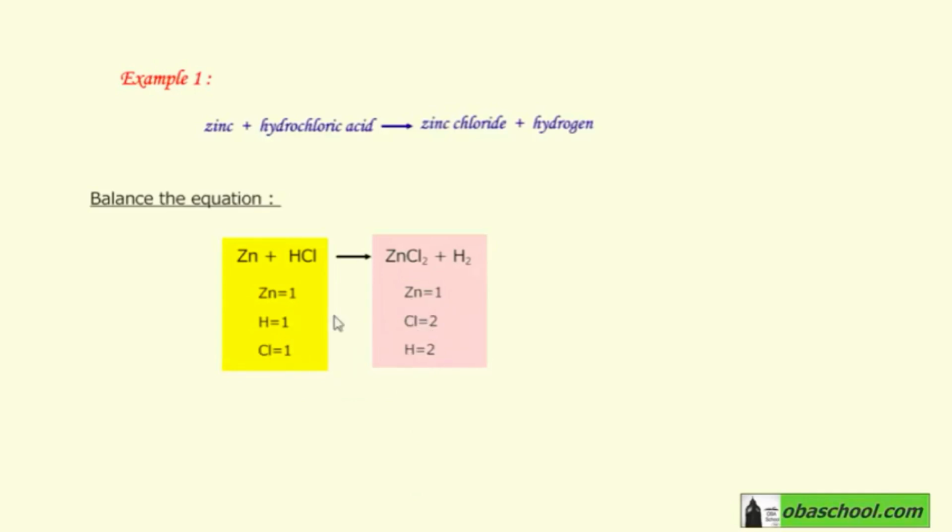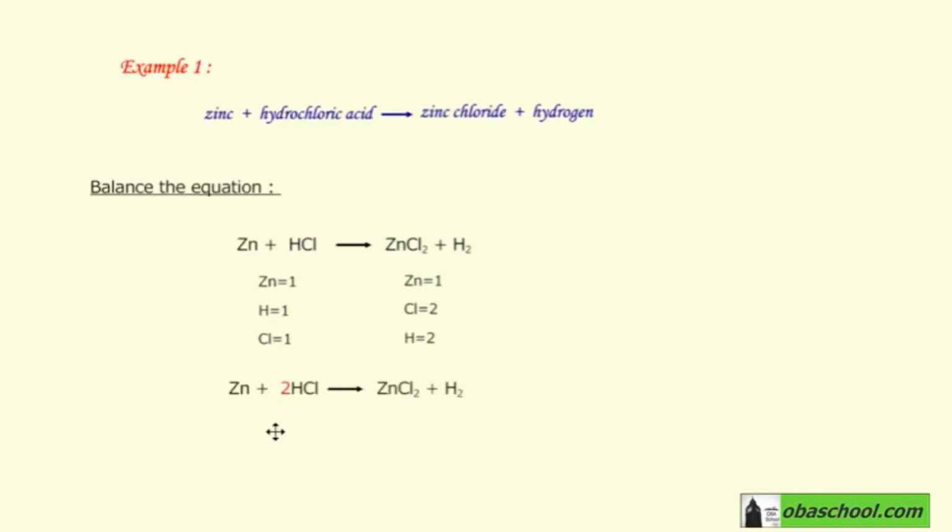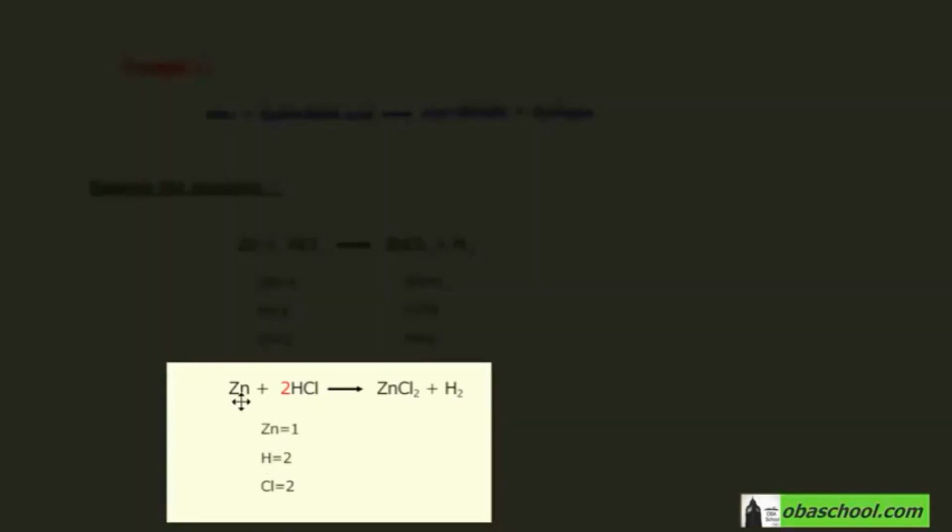So let's try and put 2 before HCl and count again. Zn equals 1. There's a 2 before hydrogen, so hydrogen equals 2. And this 2 is also for Cl, so Cl equals 2 as well. Let's compare the numbers with the products. Zn equals 1 on both sides, H equals 2 on both sides, as well as Cl equals